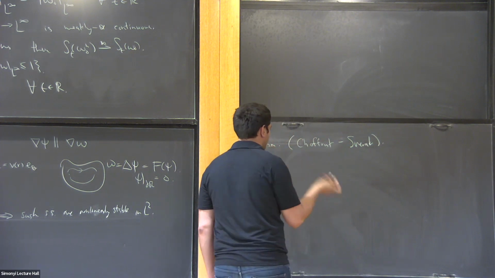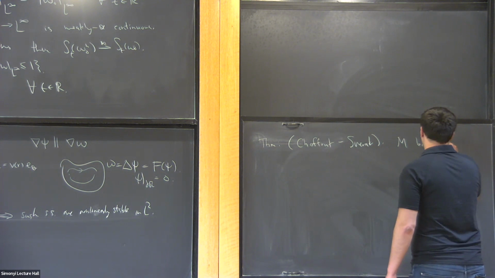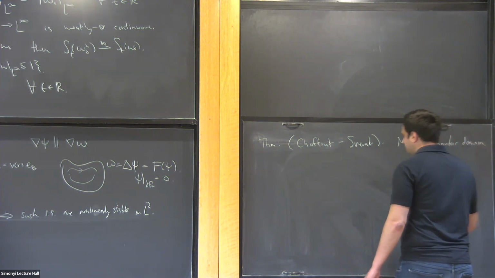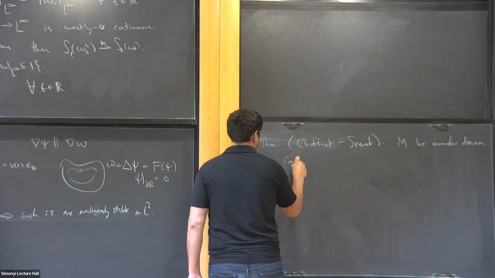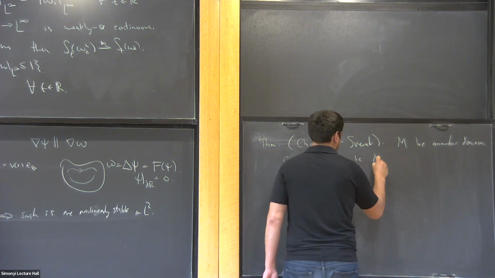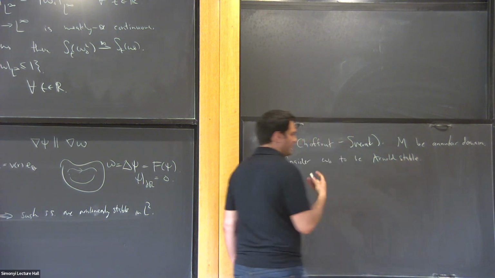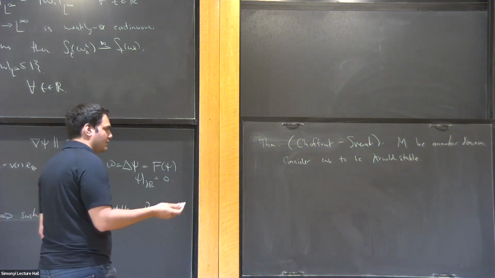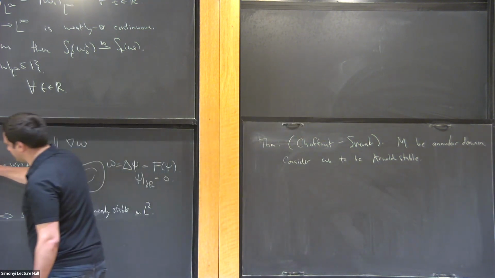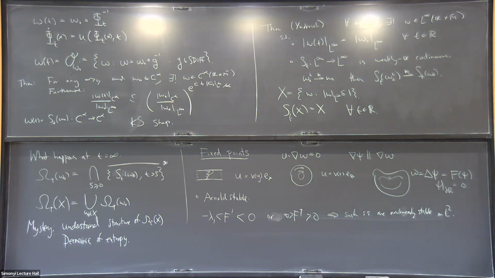I won't state it precisely, but roughly, if you let M be an annular domain, and you consider omega 0 to be Arnold stable with some extra non-degeneracy conditions, in particular, it has no stagnation points. So it's like a shear flow on an annulus. You cut out the center. Then